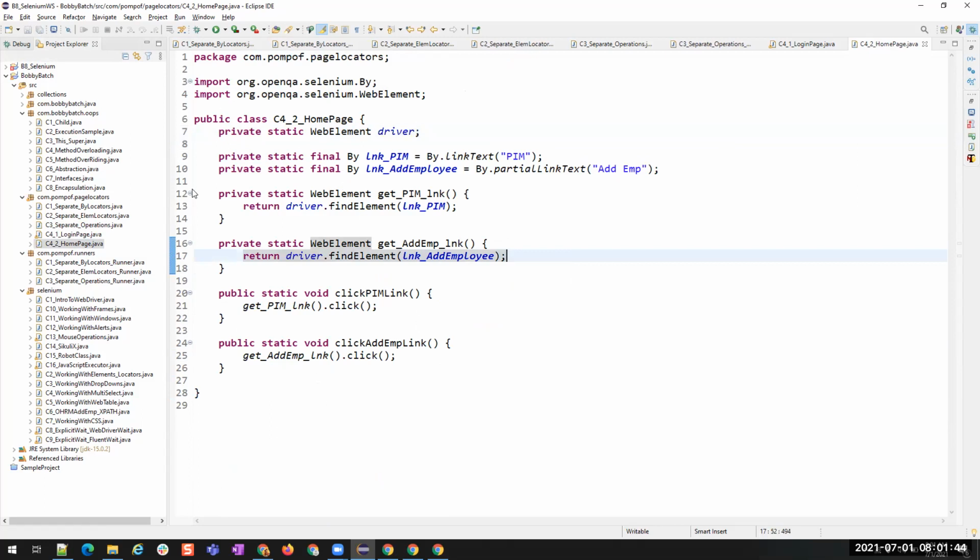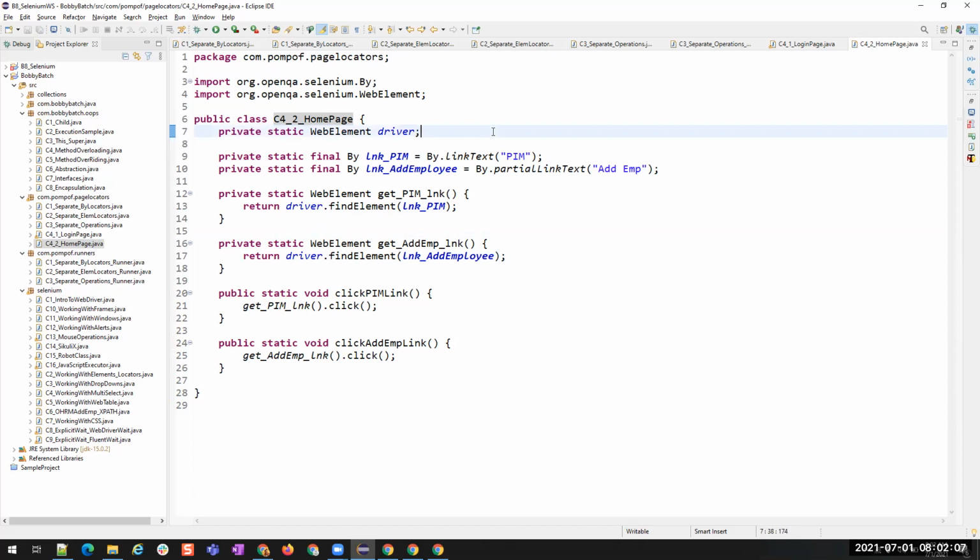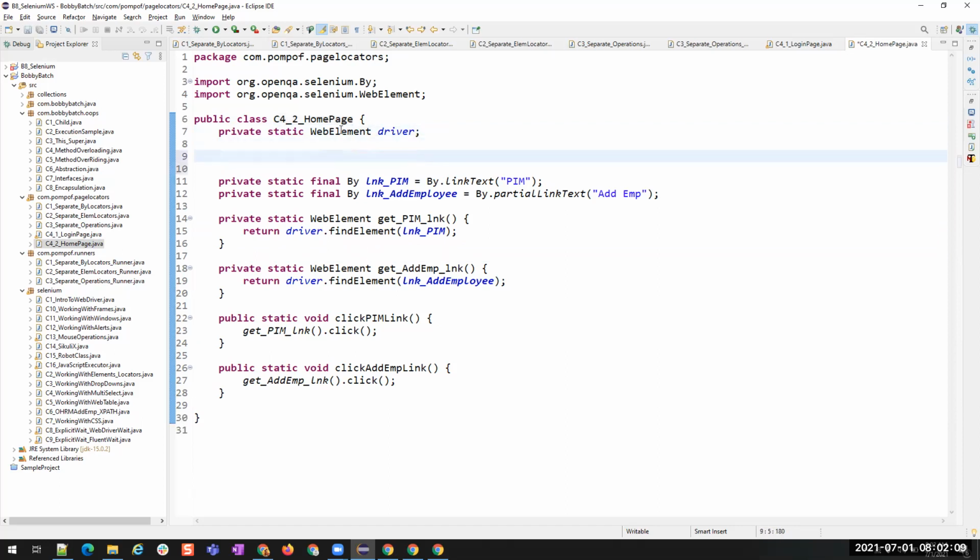All the elements of this particular page and operations will be done in a single class. And if you take the save, you don't have to worry about the save button method name, because you are separating them by classes. You can call the save method from this class, it will click on the save button. You can call the save button from another class, it will click on that save button. Right. And I need a constructor for this.